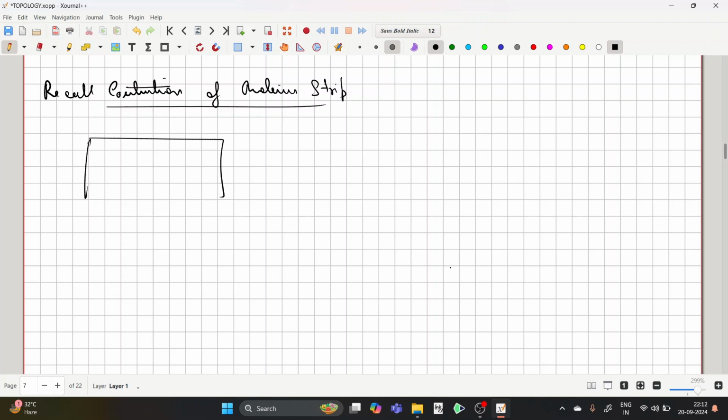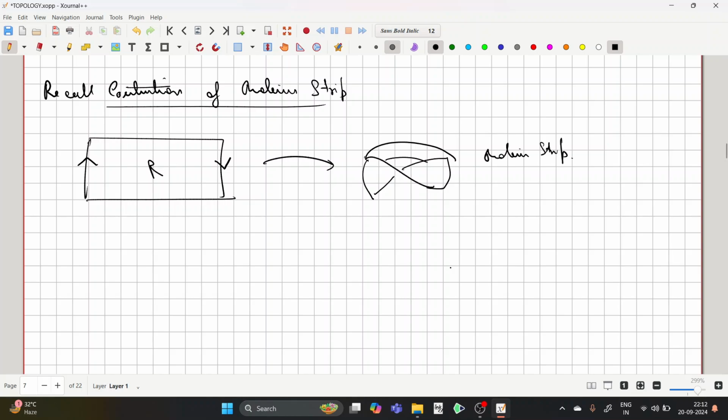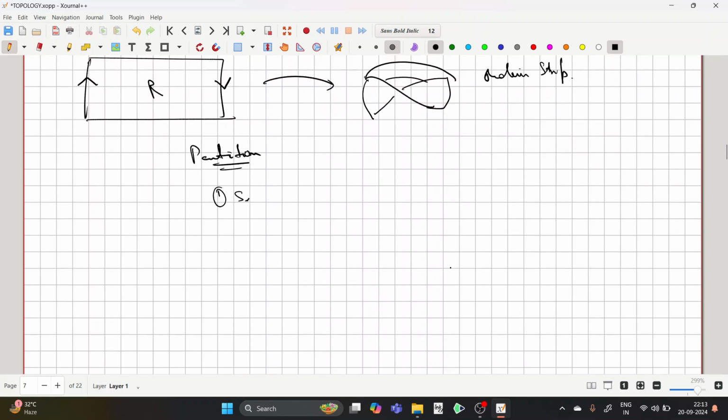We started with a rectangle R. We identified this edge and this edge with reverse orientation, and from here we got the Mobius strip. I'm not showing the construction once more, because you can just go back to the previous lecture. I am writing this identification space to be M. So this is in fact an identification space, and the partitions which give this space are, number 1, the sets containing